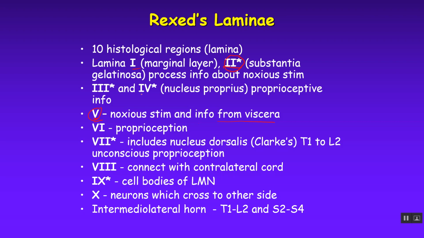Lamina 3 and 4, they get some proprioceptive information. That is where the nucleus, it's also called the nucleus proprius, lies within that region. So they do get some offshoots. When your proprioceptive information comes in, most of it just goes straight up the back, up the dorsal columns, but there's some collaterals that come off of that, and they go to this proprioceptive nucleus proprius, and that's involved